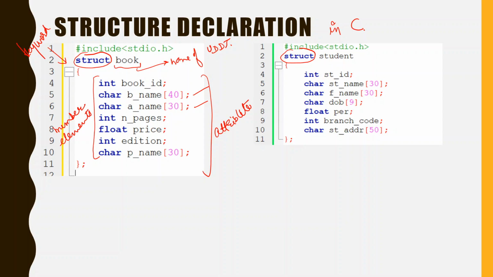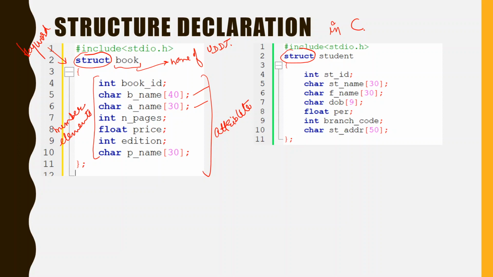So this information regarding a book can be stored, and this is a user defined data type, book. It is required because if you want to store the information of a book directly in C programming, you don't have any inbuilt data type. The information about the book requires a collection of different fundamental data types. So the collection of attributes of fundamental data types is called a structure.